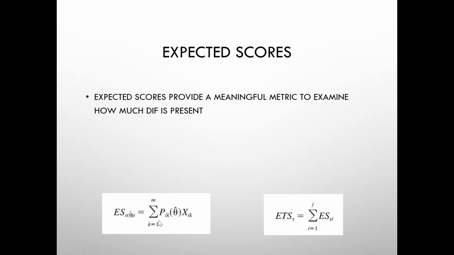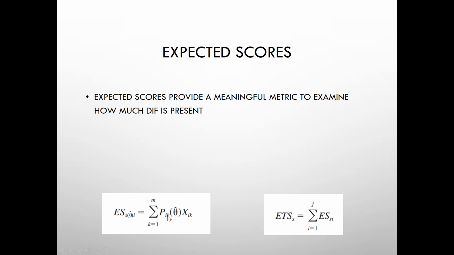It's the sum across the different response options from 1 to m of the probability of putting that response option. So probability for the item, so i is the item, right? k is the response option in this case. So k goes from 1, the lowest response option, up to m, the highest response option. So it's the probability of putting